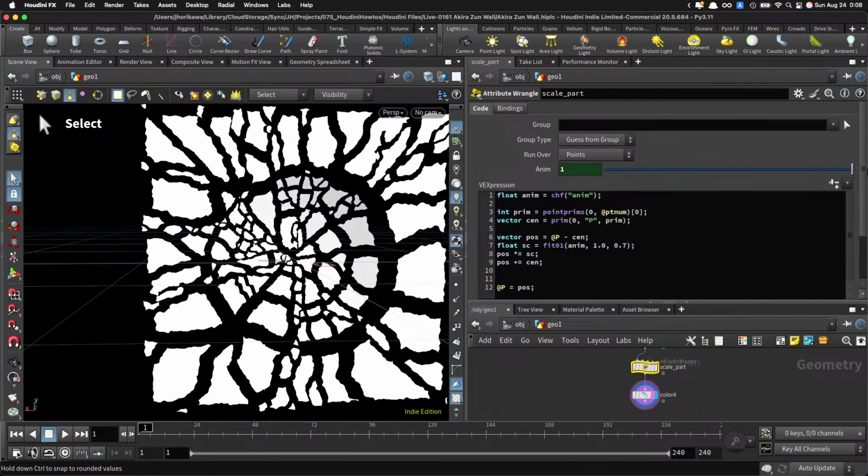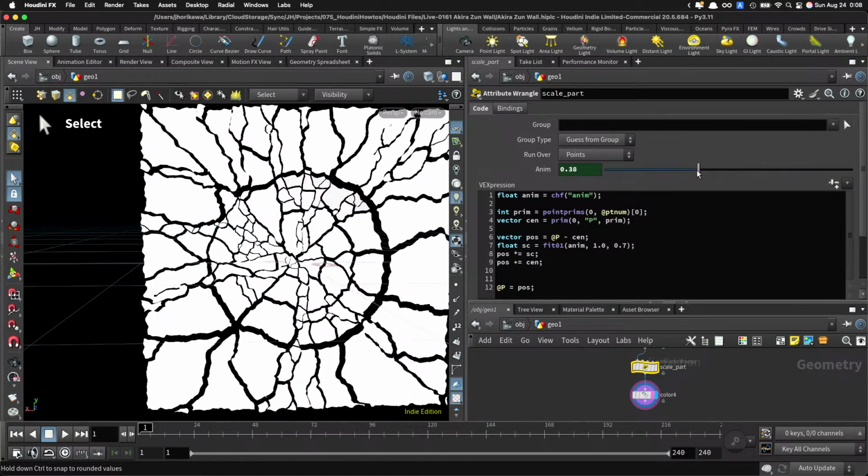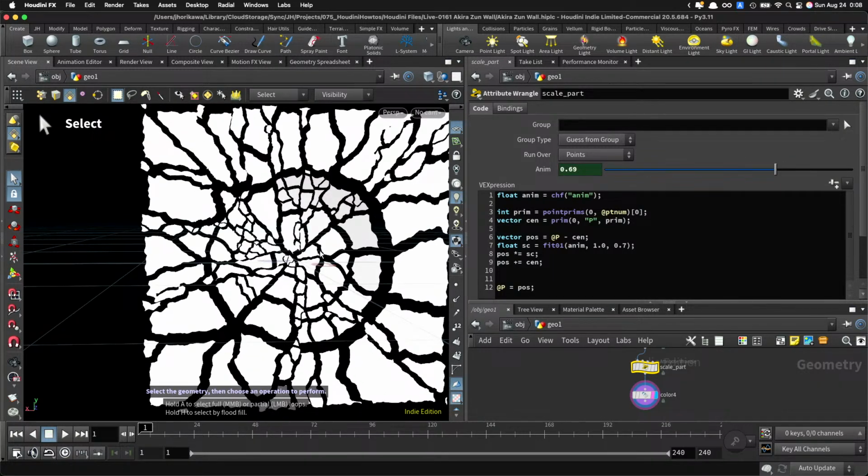Okay, now better than last time, but I also want to control the scaling factor based on distance from the center to each point position. So let's also take that into account. Now to do that, you would need to control this part, I guess. So target scale,